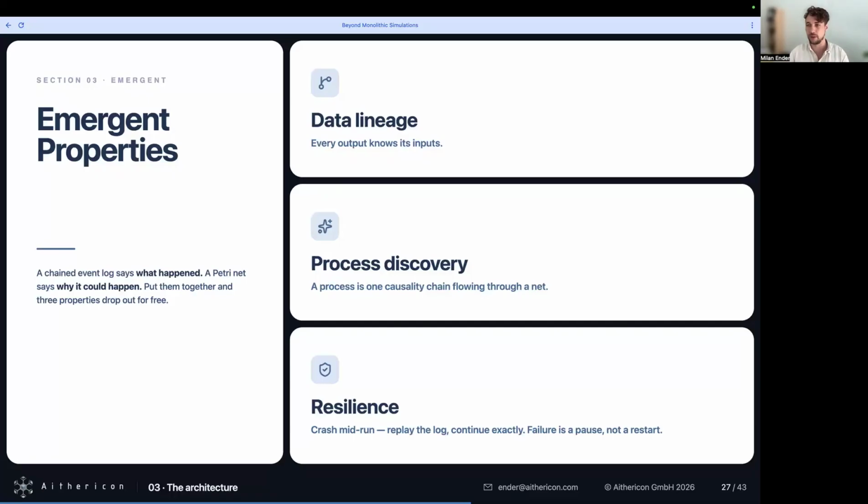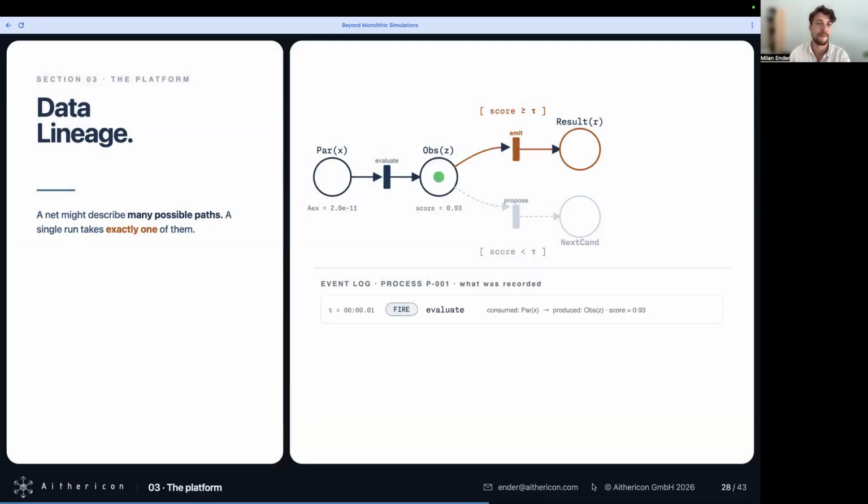So if our control plane should crash in some case or some other problem arises, we can just reboot, look through the event log, of course, you should have that persisted, and then recreate our current state in our measurement campaign, in our simulation campaign, and continue from there. And that's really, for me, the most important property.